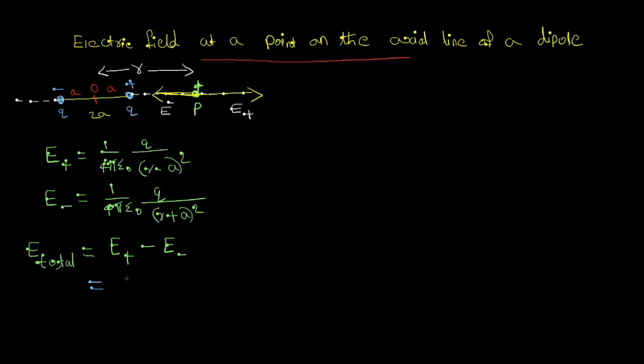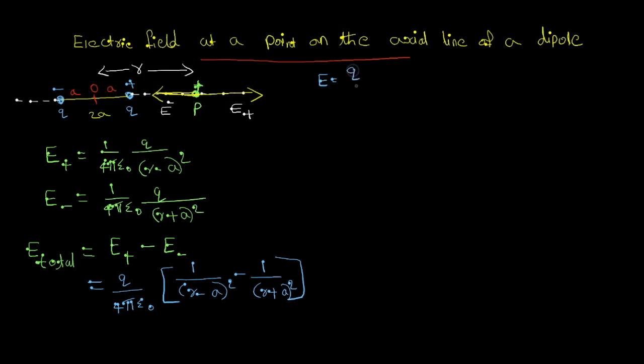The E positive is... we can take the common terms. Q by 4 pi epsilon 0 is a common term, take it outside. Then 1 by (r minus a) the whole square minus 1 divided by (r plus a) the whole square. Then the next step we are going to multiply this. Then we get E is equal to